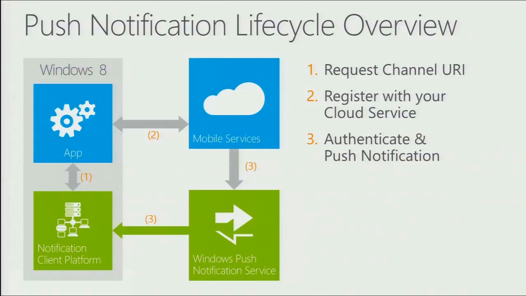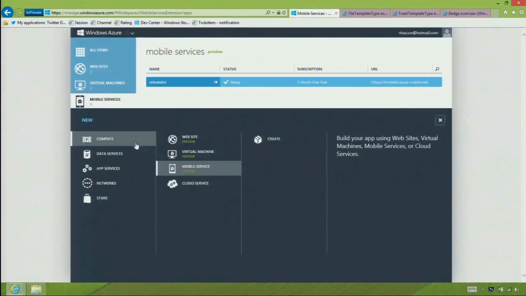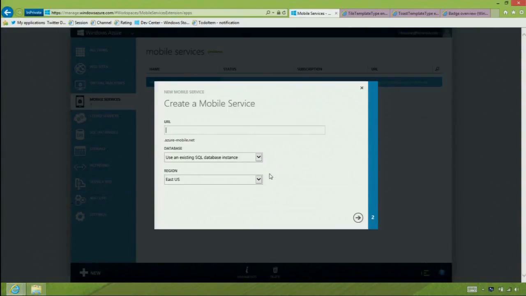So let's return to mobile services within the Windows Azure portal and start building out this scenario. I'm in the mobile services portal here, and so everyone has a consistent starting point. I'm going to start with a new mobile service. I'm going to create a new compute mobile service, click create, and we're going to call this nhpush,